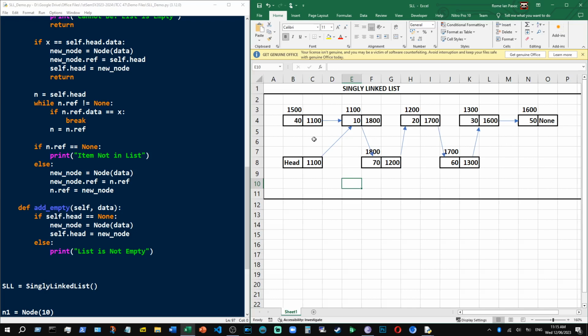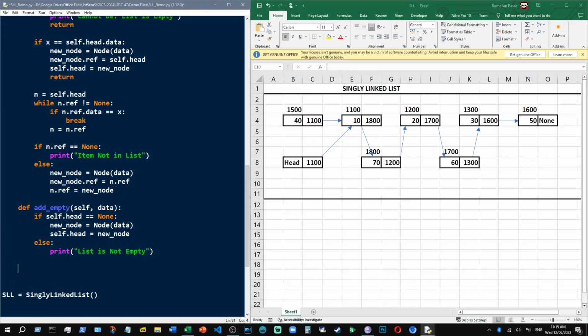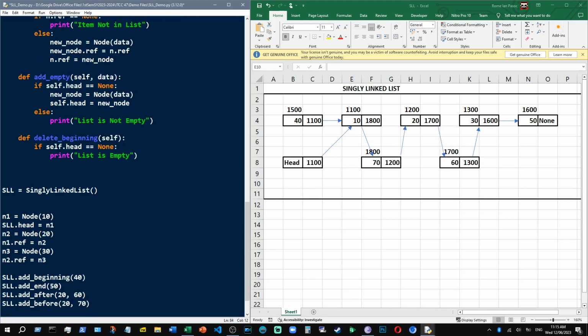In order for us to do that, the code is quite straightforward. You would write def delete_beginning. Of course, if it's empty, we should not do so. If head is equal to None, print list is empty. Else,